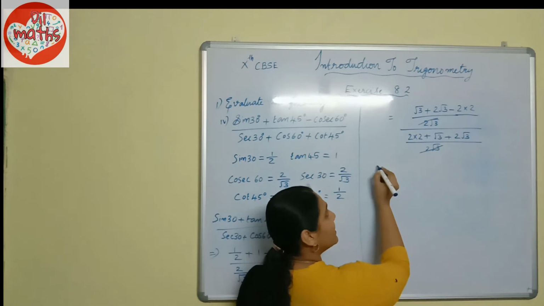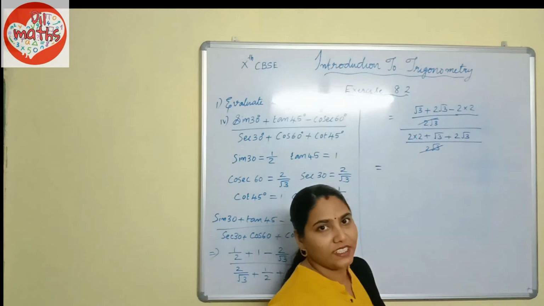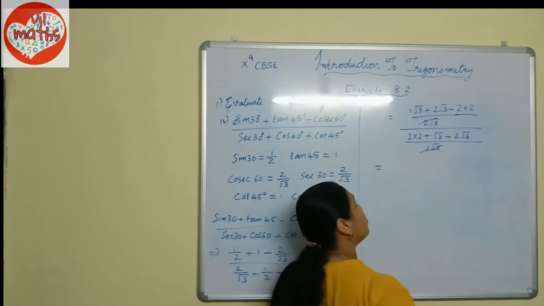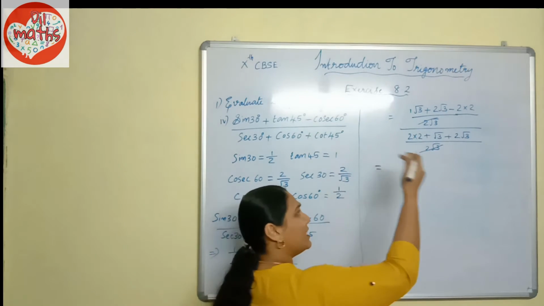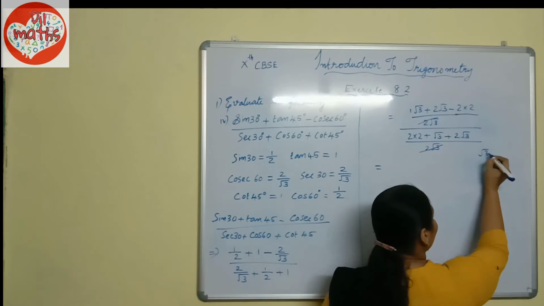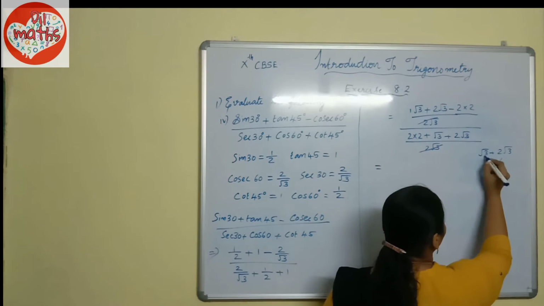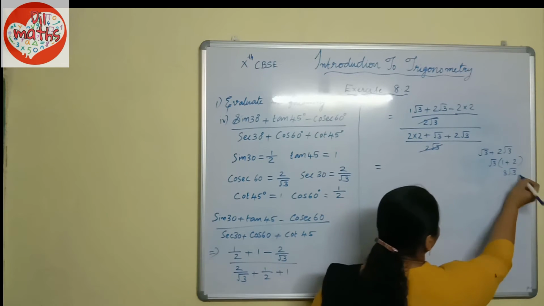So here we can write this as, how can we write? Here root 3 plus 2 root 3 is there. What is root 3 plus 2 root 3? Actually this is 1 root 3 plus 2 root 3, isn't it? So 1 plus 2 is, how will we write this? We can write root 3 plus 2 root 3. We can take root 3 outside, then what will you get? Here 1 will be there, here 2 will be there, 3 root 3 you will get, isn't it?